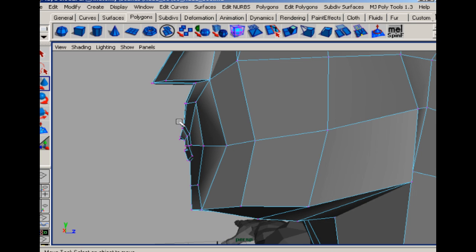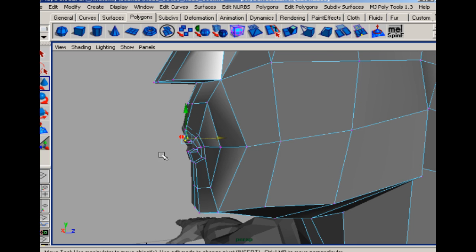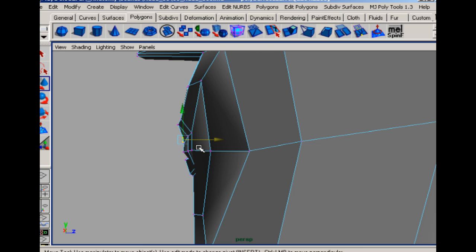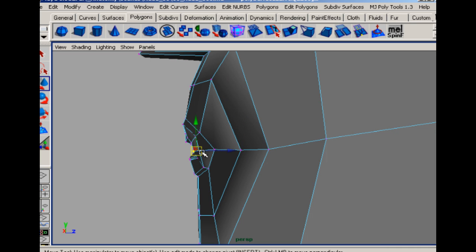Let's pull these points in. Go to the side view, pull this out. Just shape the top lip a little bit. Top lip is always going to overhang on top of the bottom lip. It's going to have a sharper angle and not